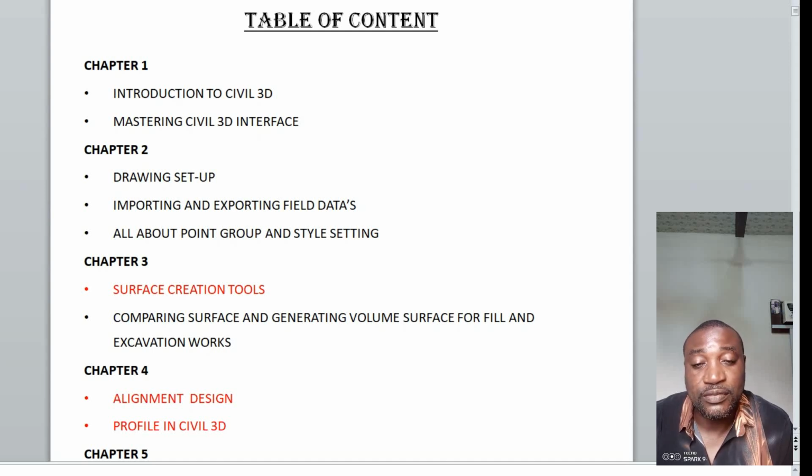Every designer might have their own pathway of how they bring in the data, and when it works for you, you use it and go ahead. Again, in that same chapter, you'll learn all about point groups and style setting. This same setting is drawn from the drawing setup